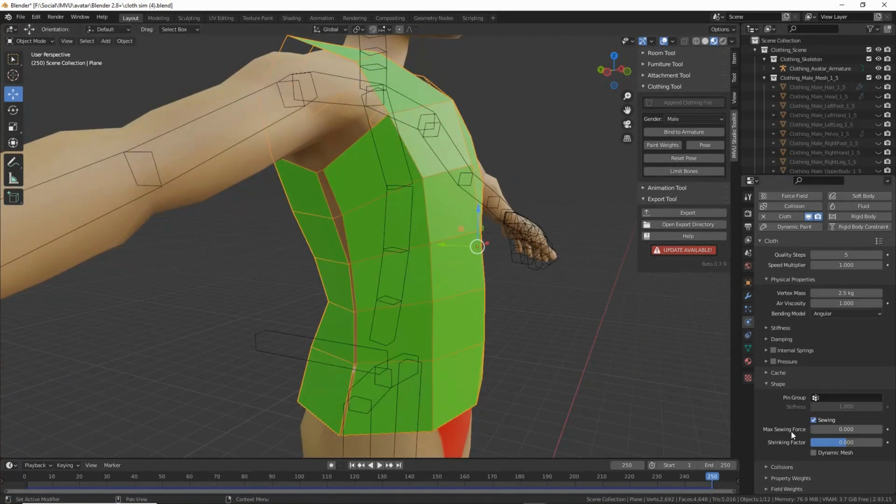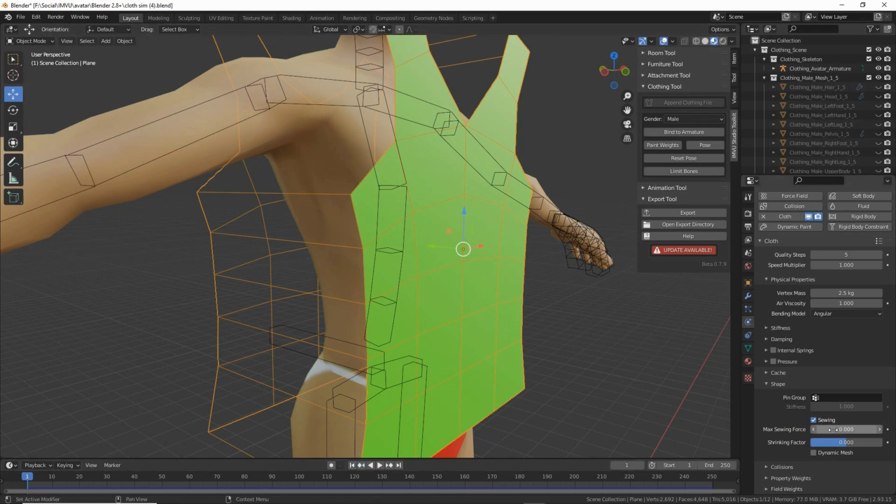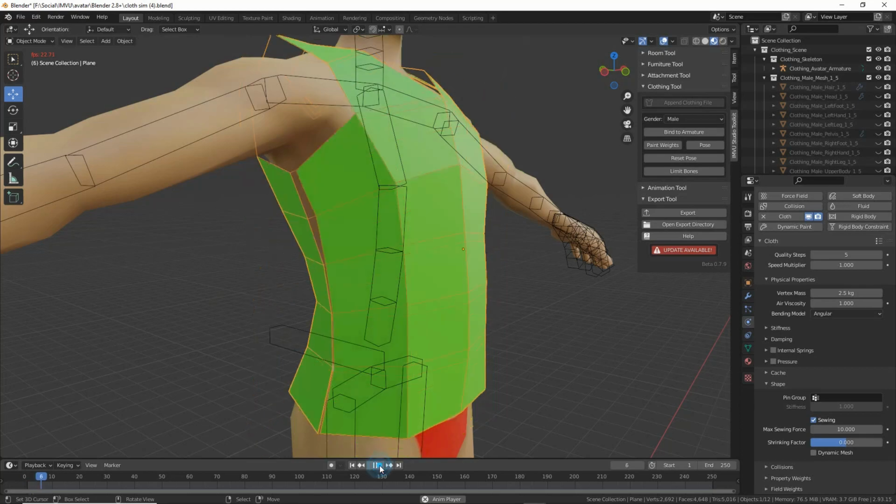So sewing, or the max sewing force, is the attraction between the front and back. So if we change this to 10, run the simulation again,